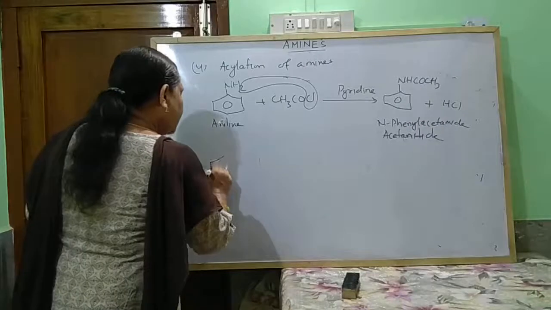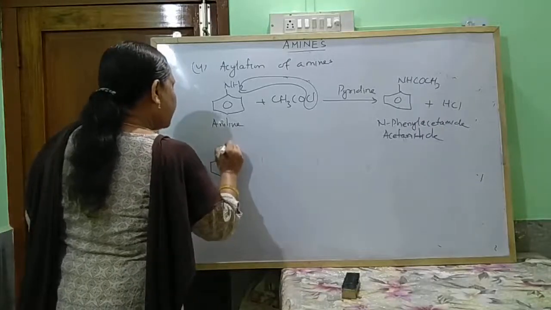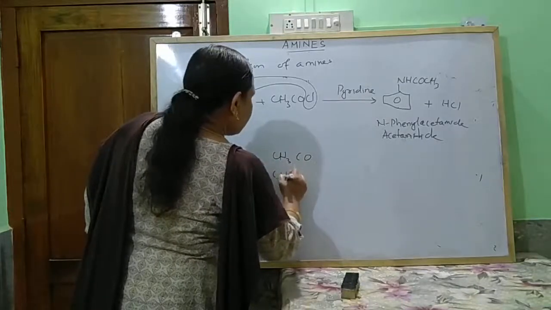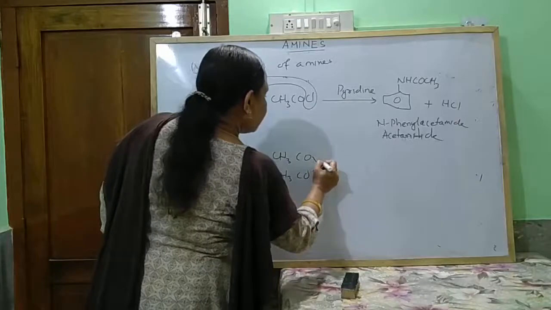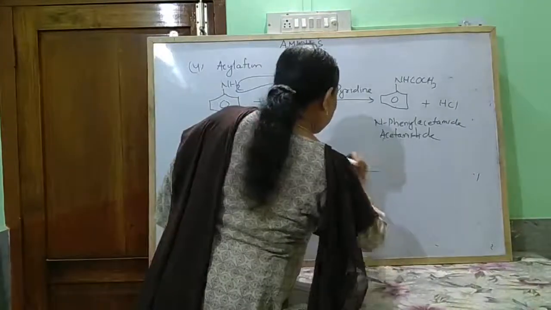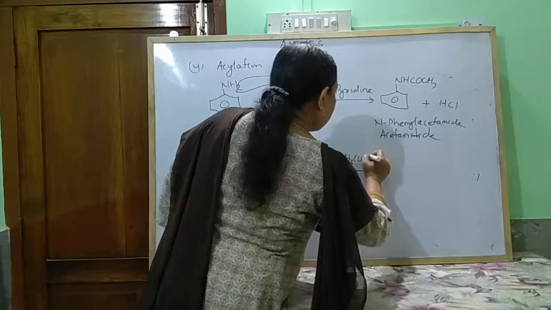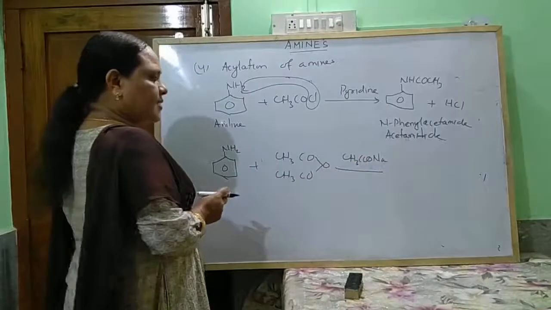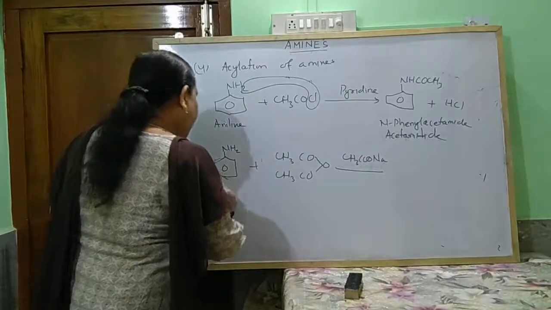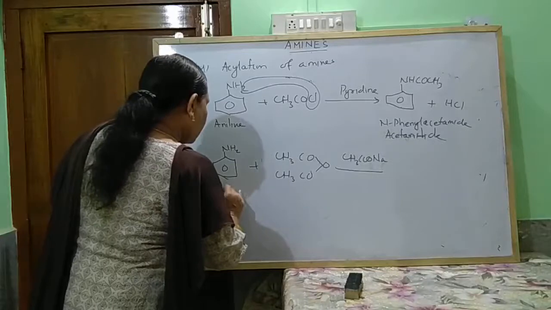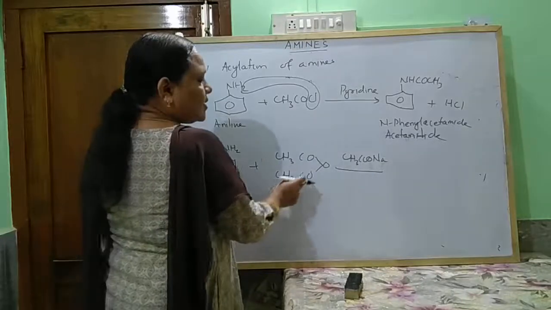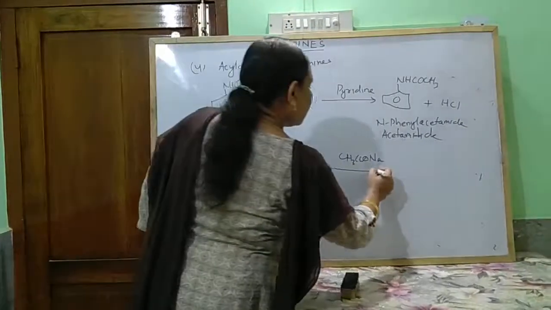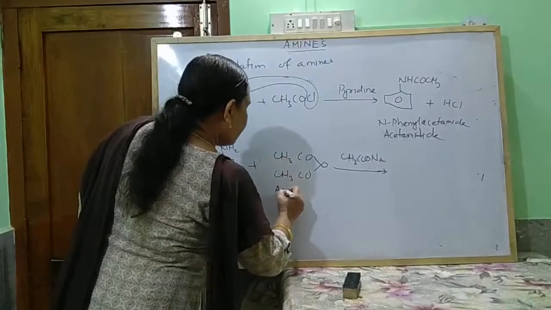Acetanilide. Similarly, when aniline reacts with acetic anhydride, it reacts in presence of sodium acetate. Remember, if you take any acid anhydride, then you have to take the sodium salt of that acid. So aniline reacts with acetic anhydride,